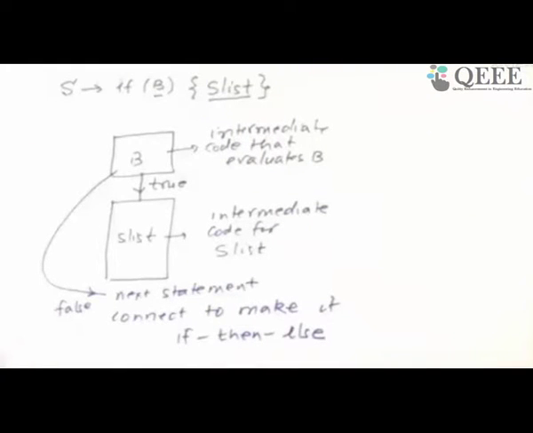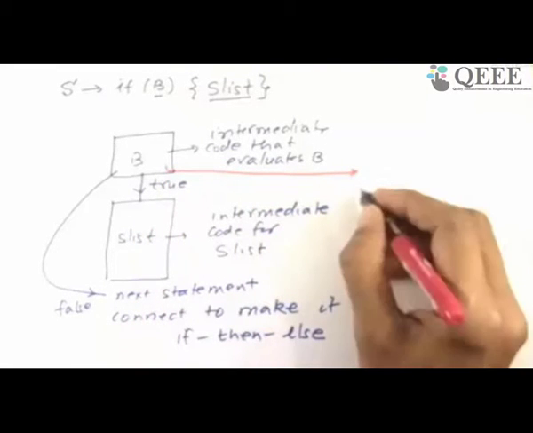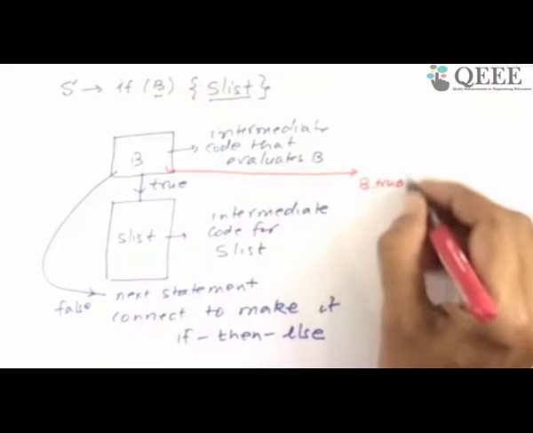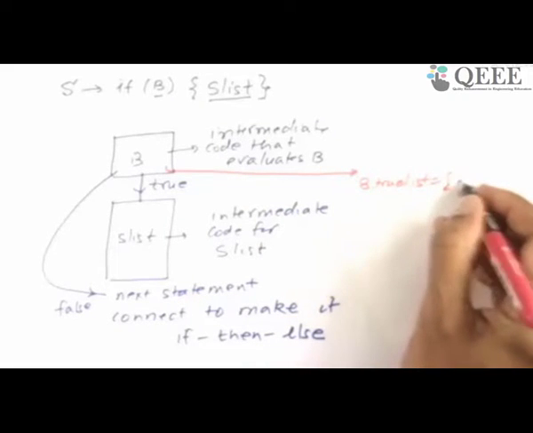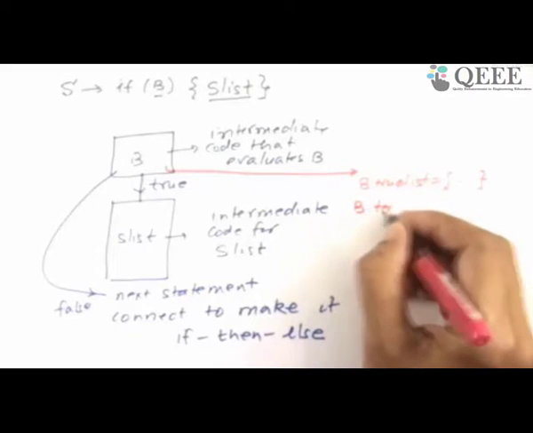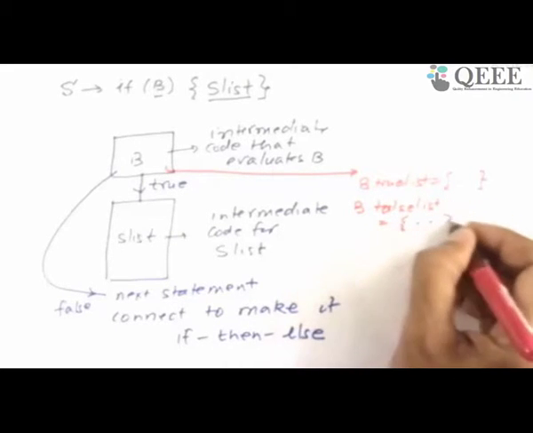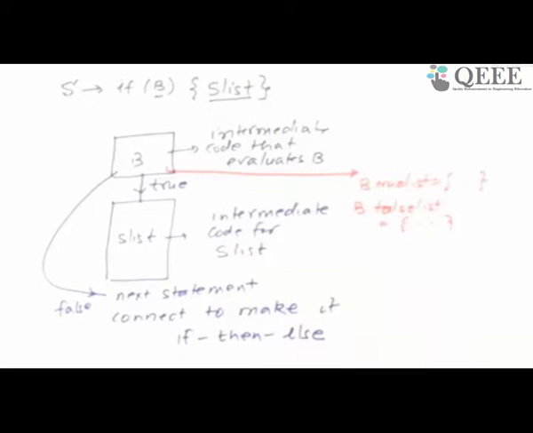So now if I go and draw back the picture which I drew some time back, which was incomplete, and slightly improve on it, I'll go back to my earlier slide. The semantics for doing this simple statement now turns out to be not this. Once you do B, now you have got two attributes out of it. B dot true list, which is a list of statements which are incomplete, and the expression evaluates to true, and we have B dot false list, which is also a list where the expression evaluates to false.